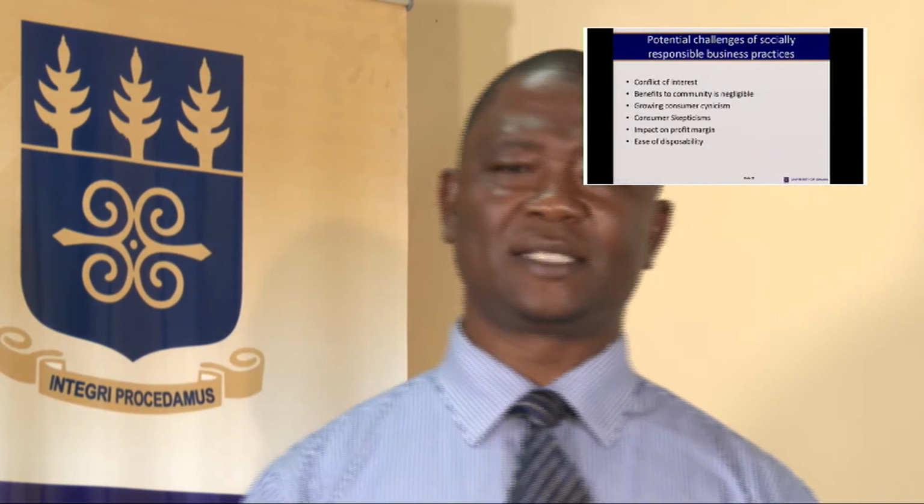There are some potential challenges of socially responsible business practices that we must also be aware of. For instance, there could be conflicts of interest between the organization and what it intends to do. And how do you handle it? You want to ensure that you are responsible to the community that you operate in. But there are sometimes challenges, conflict of interest between what you intend to do and what the community wants to